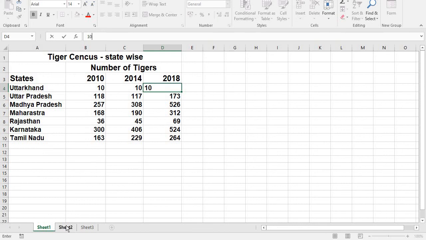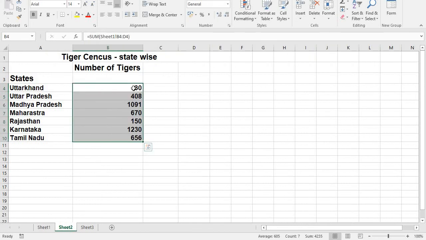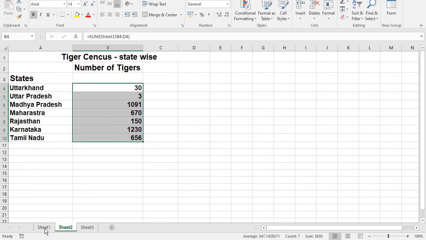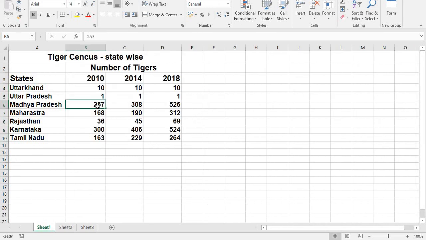See here, 30. Now I am changing it for your understanding purpose only. Take it as an example. Now I am changing. See here, then it will modify immediately. For example, if I keep zeros here, then it will change.